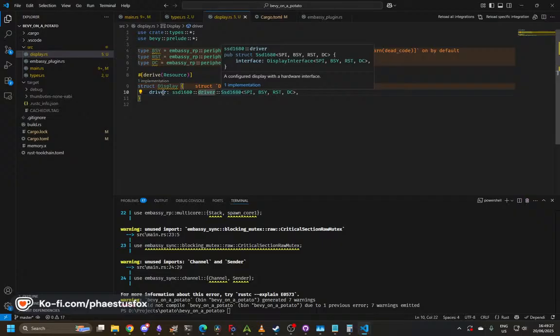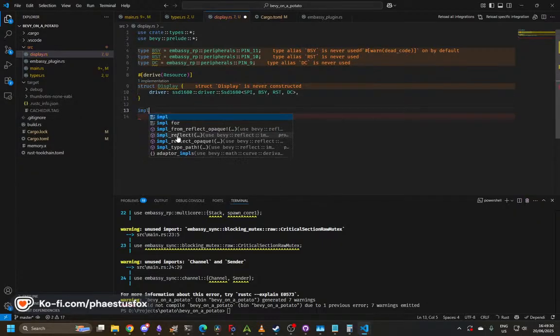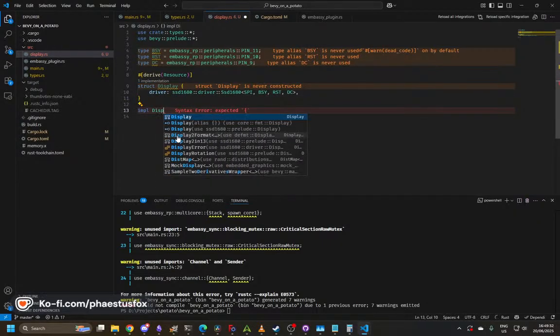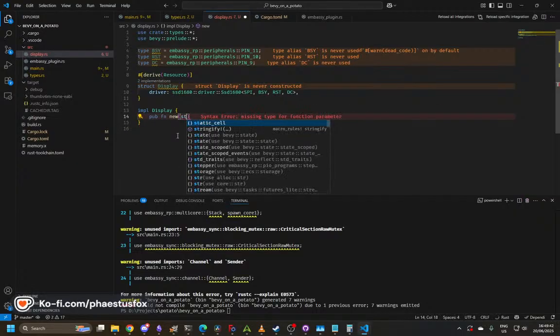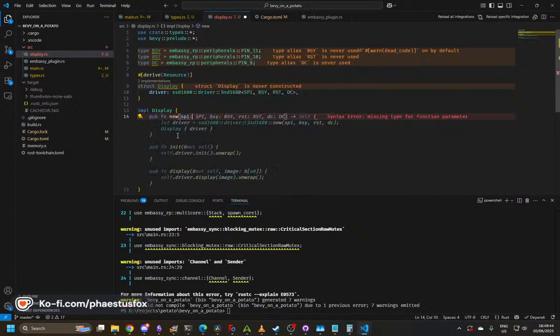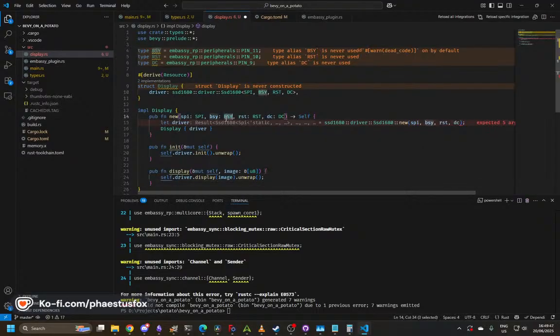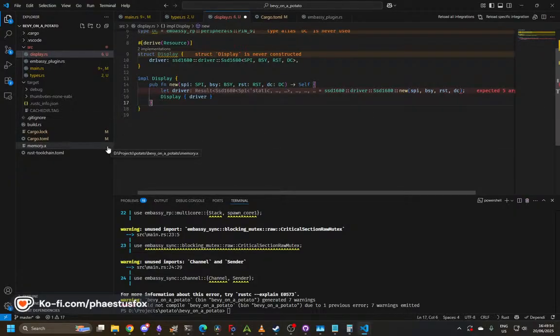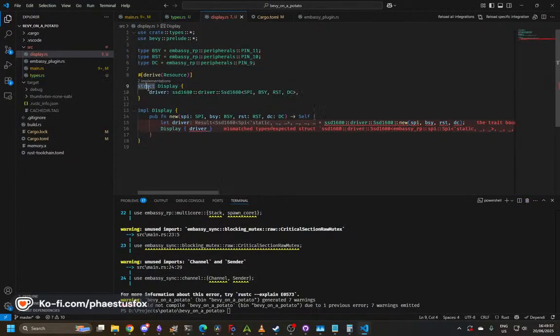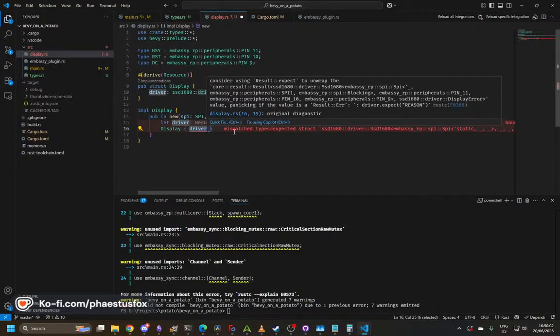Okay, so that's our actual display. So we're gonna add in like import display. Yeah, like fn new. Which is going to be really weird. So we're going to add SPI. It's going to be okay. Yep. And then so actually you, sure. No, don't go implementing random things that I haven't decided to do yet. So then we need to go like driver is